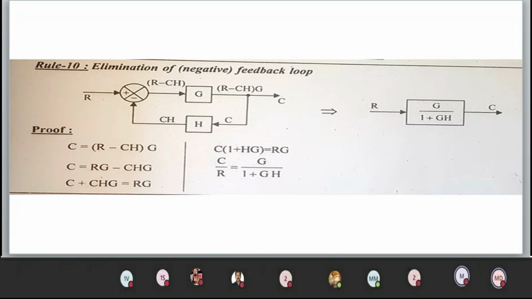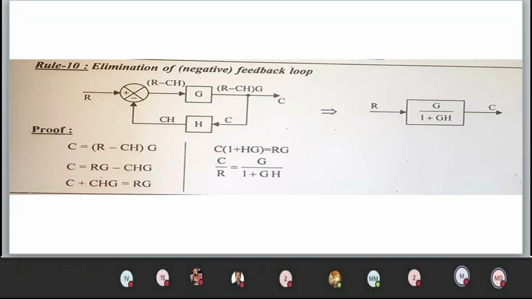Okay. See, discussing about feedback is something like an ocean. You encounter feedback concept not only in control system, you encounter in electronic systems, particularly linear integrated circuits, voltage regulators, voltage controllers, phase lock loops. You encounter in digital system, flip-flops, registers, memory elements. Okay, so here we are not concerned about the practical applications of feedback loop. Here we are going to see how to eliminate a feedback.